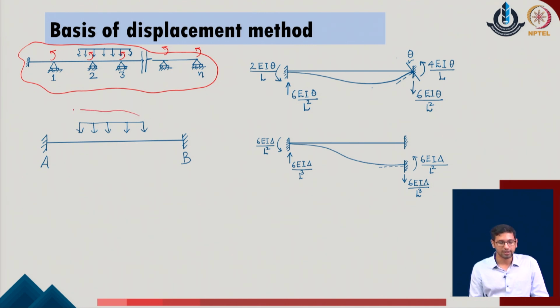We have discussed earlier that a simple system of a fixed ended part is a kinematically determinate system, which means that a system which is having two ends fixed will always be considered as kinematically determinate, because we know all the displacement conditions at the two ends of the given system.